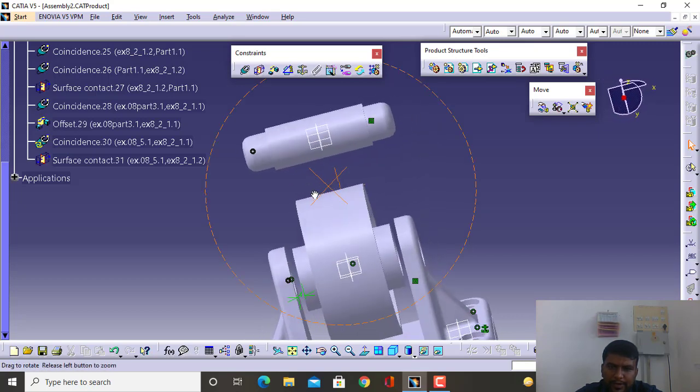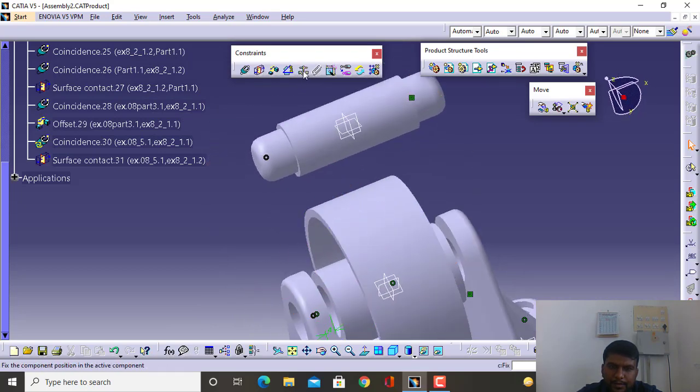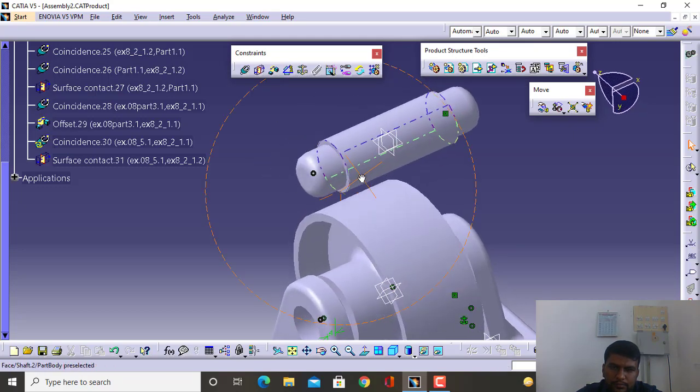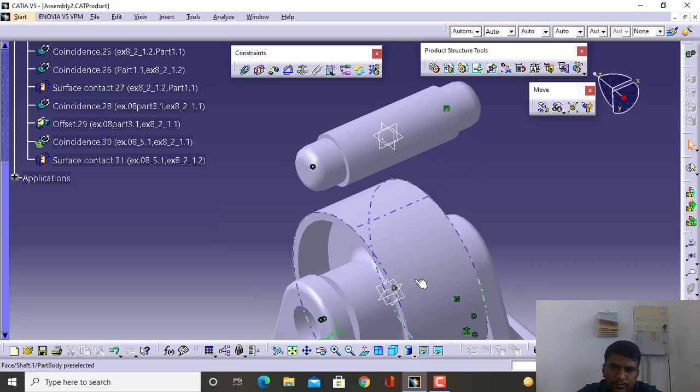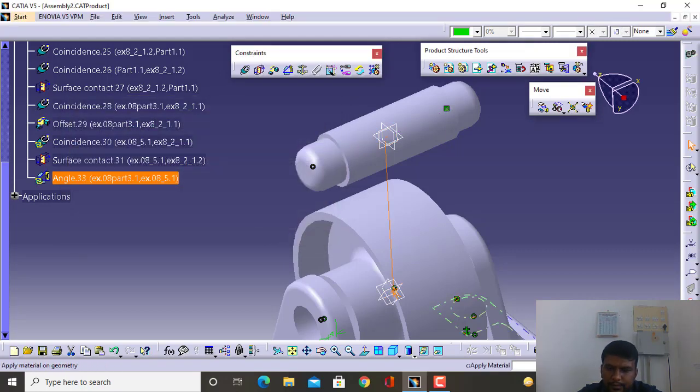There are a number of ways to apply a constraint here. So either you can select this plane or select the surfaces. I can apply the angle constraint here. Select this plane, select this plane here, and apply the angle to be 0, and update.